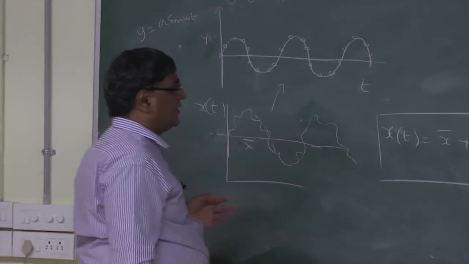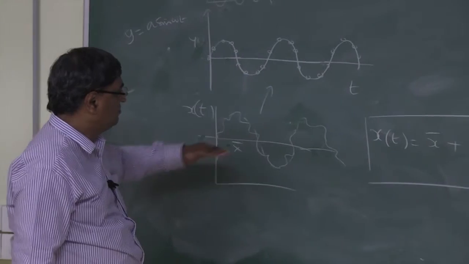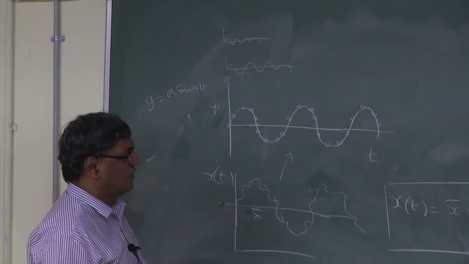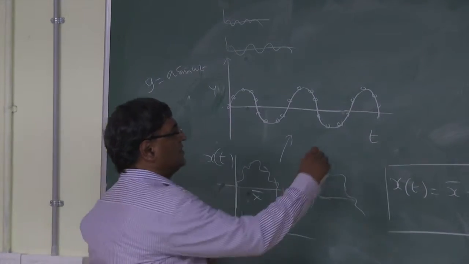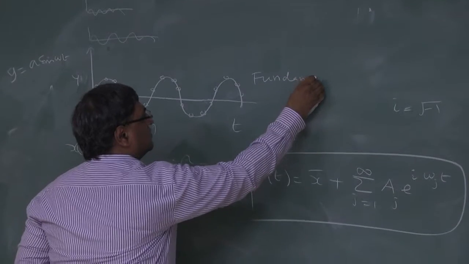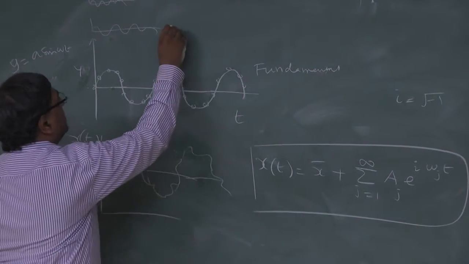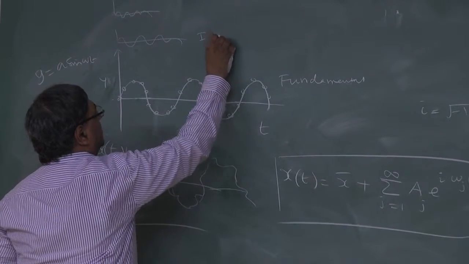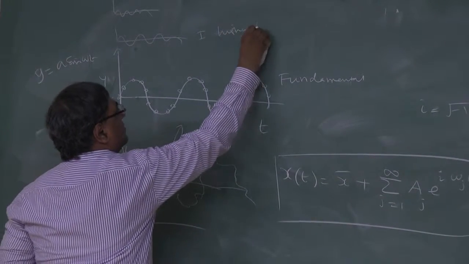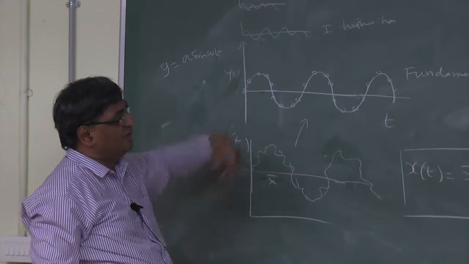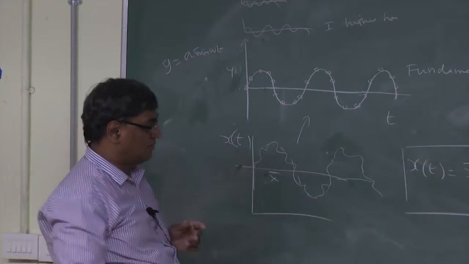And there are several frequency components: the mean plus the main wave plus the other higher components, and so on. So we can call these, for example, this may be the fundamental mode, then this will be the first mode, whatever, the first higher harmonic, second higher harmonic, and so on. So like this we can have several such harmonics.